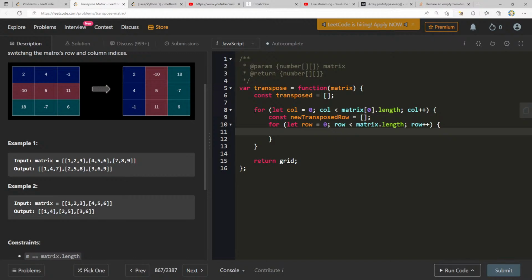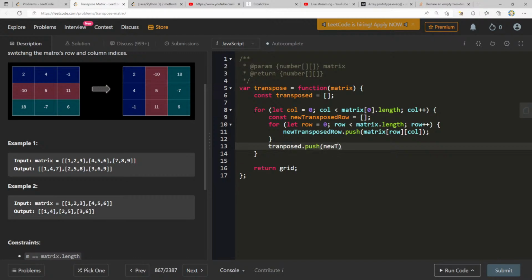Here we should be able to do new transposed row dot push the thing at matrix row column, and then transposed dot push new transposed row, and then just return transposed.